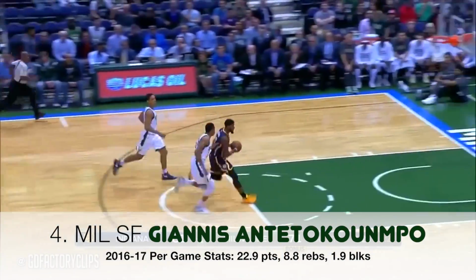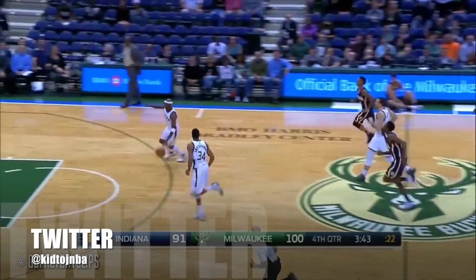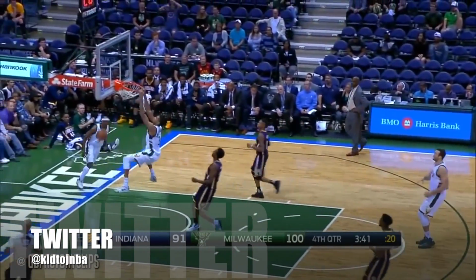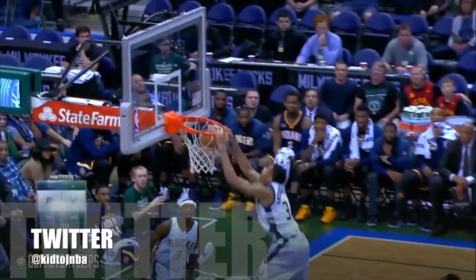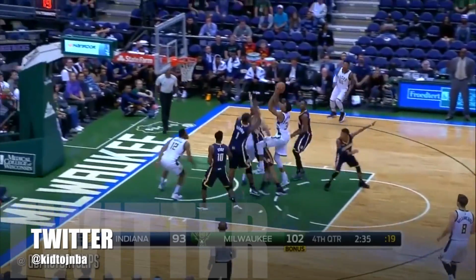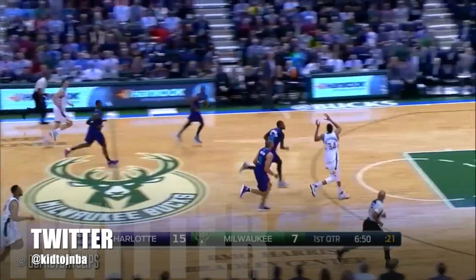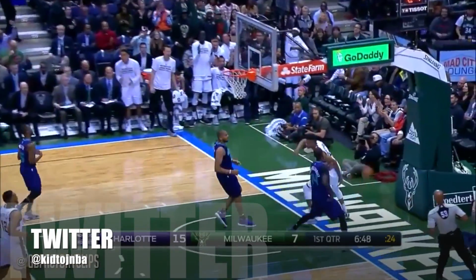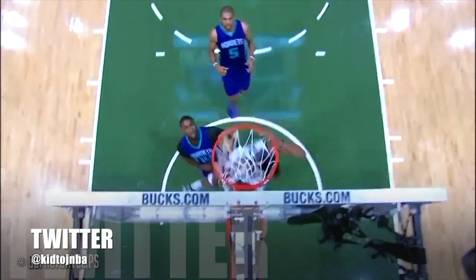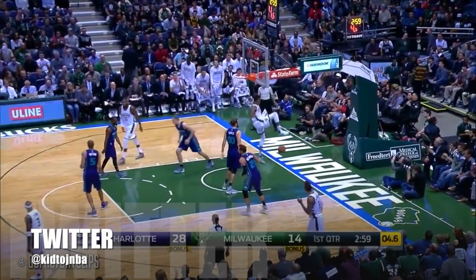I would consider him something like maybe the 6th or 7th best player in the league. A lot of people might think I'm jumping the gun on this, but did you guys see what this guy was doing last year? The Bucks didn't make the playoffs the year before, but this year, even with Jabari Parker and Chris Middleton out half a season each, he was able to lead this team to the playoffs, and in the playoffs carry them in a series that, damn, they almost pulled off that 25-point comeback in Game 6 against